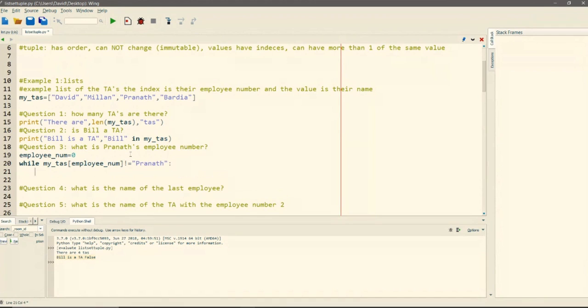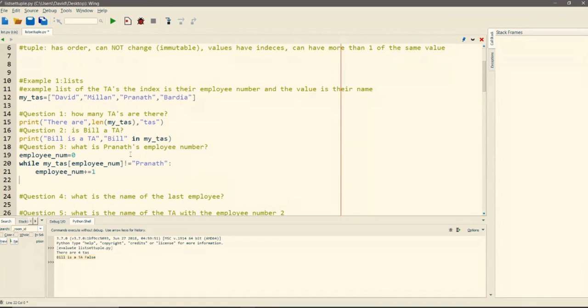Okay? So what we do is we go to the next value. So what this is going to do is you set the employee number at 1, and then you say, okay, is this employee equal to Pranath? And if it's not, keep looping through until we find one that is.